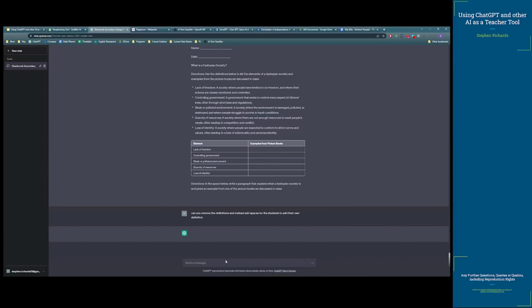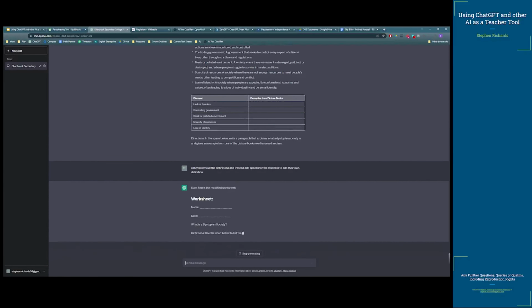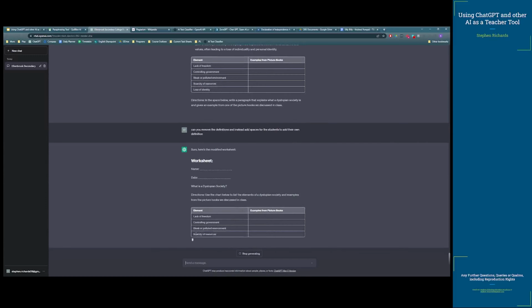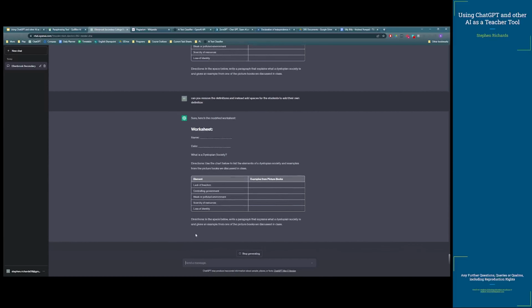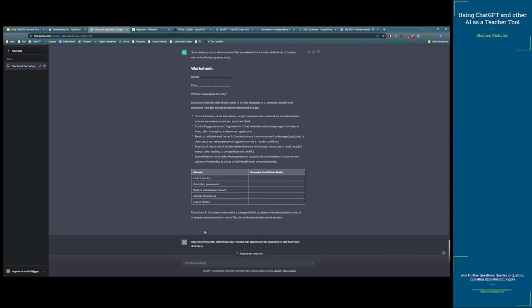Now, sometimes it is a little bit slow because it can't quite figure out what you're asking, and this is how you have to learn to deal with GPT. But here we go. Now, I think it's just had a little bit of a confusion, but you can see we got all the way up to here,